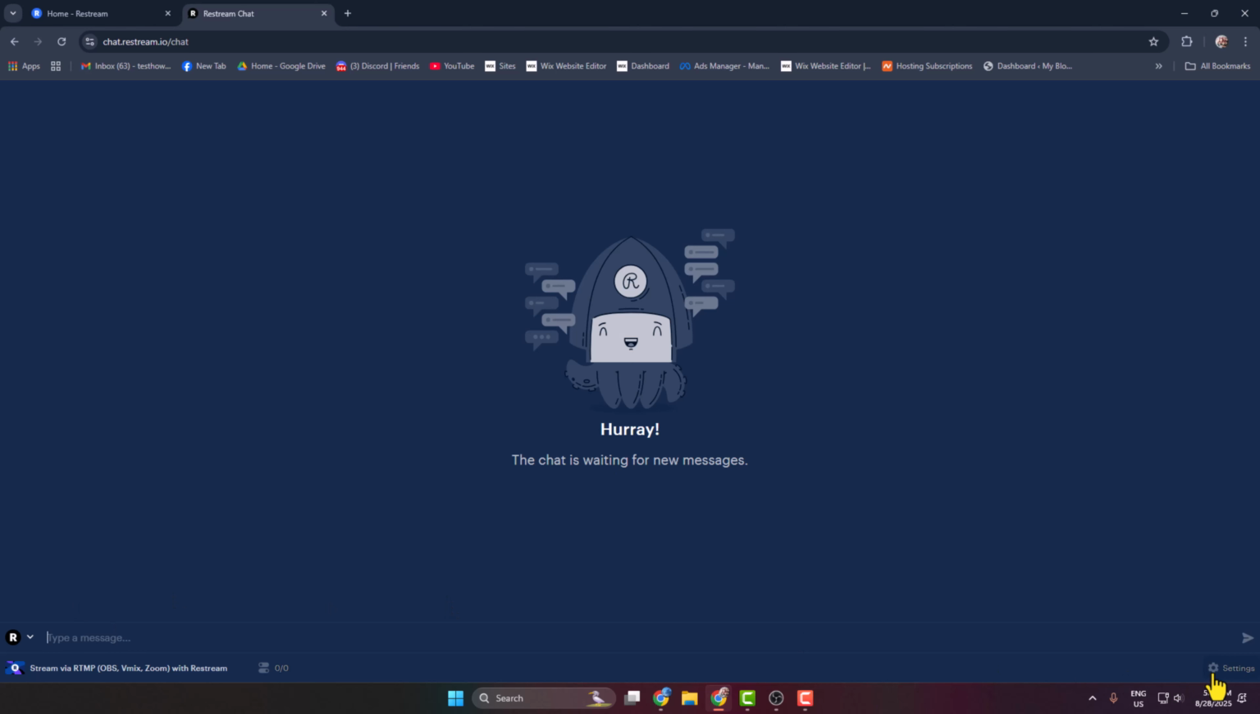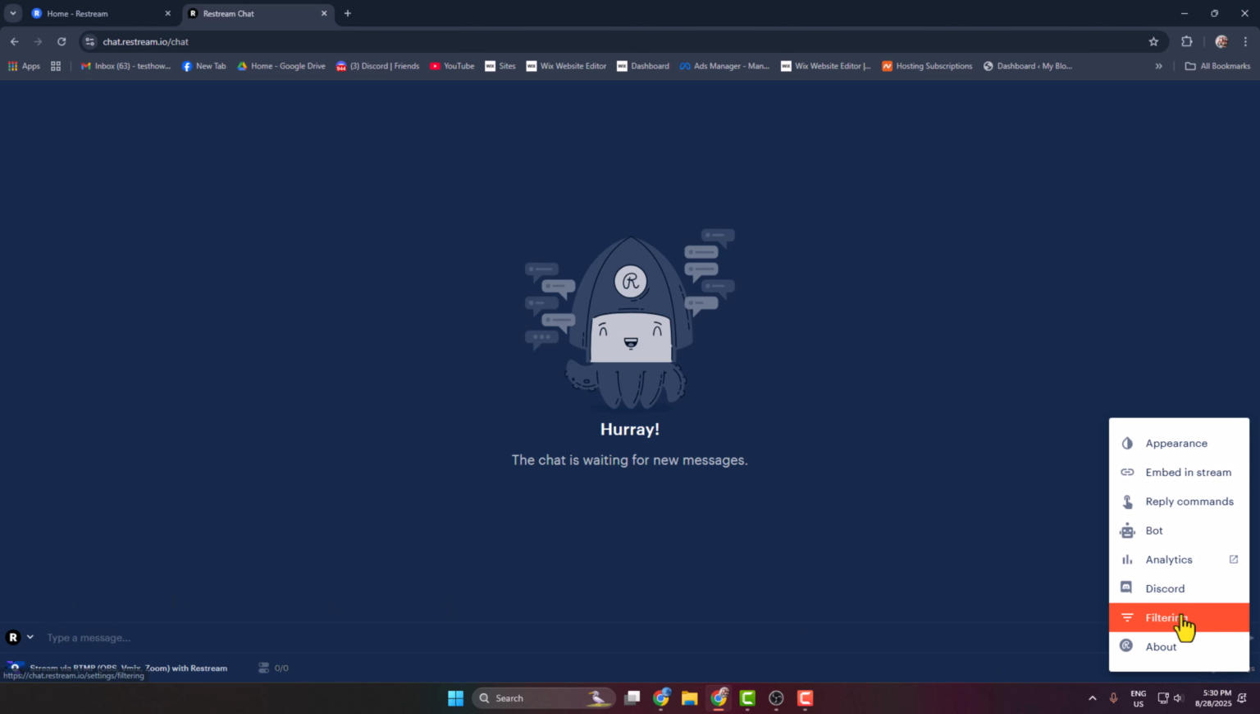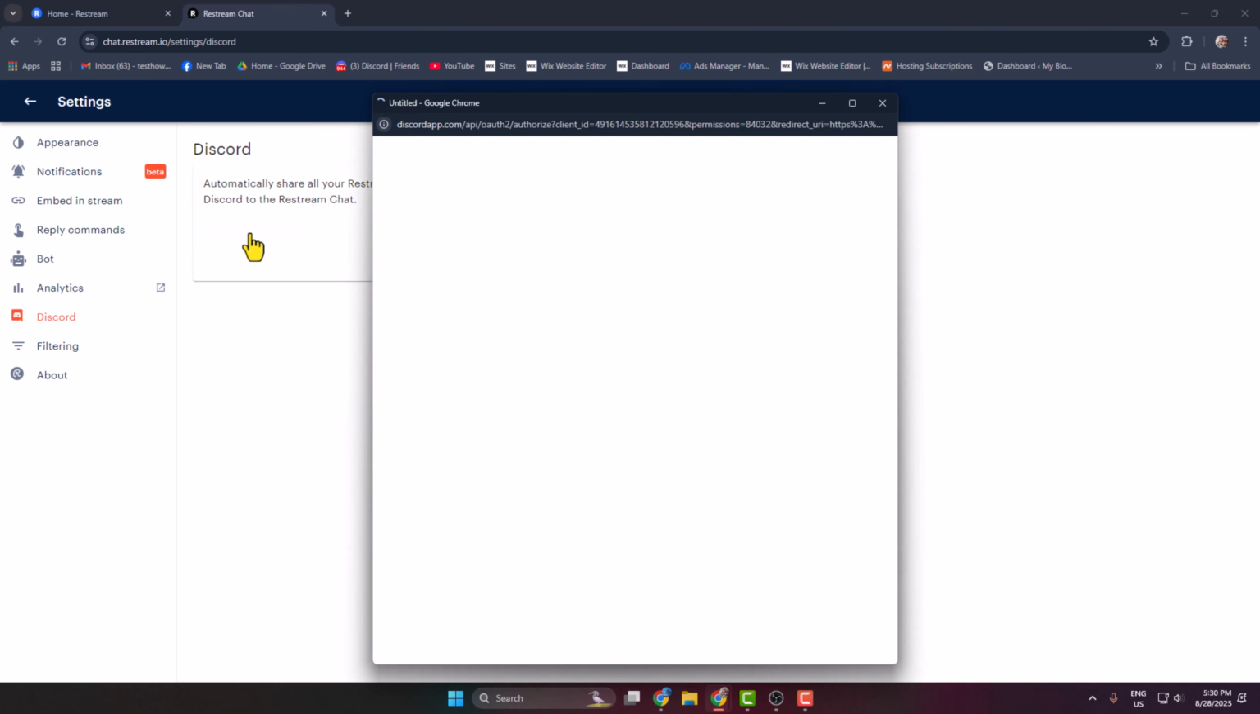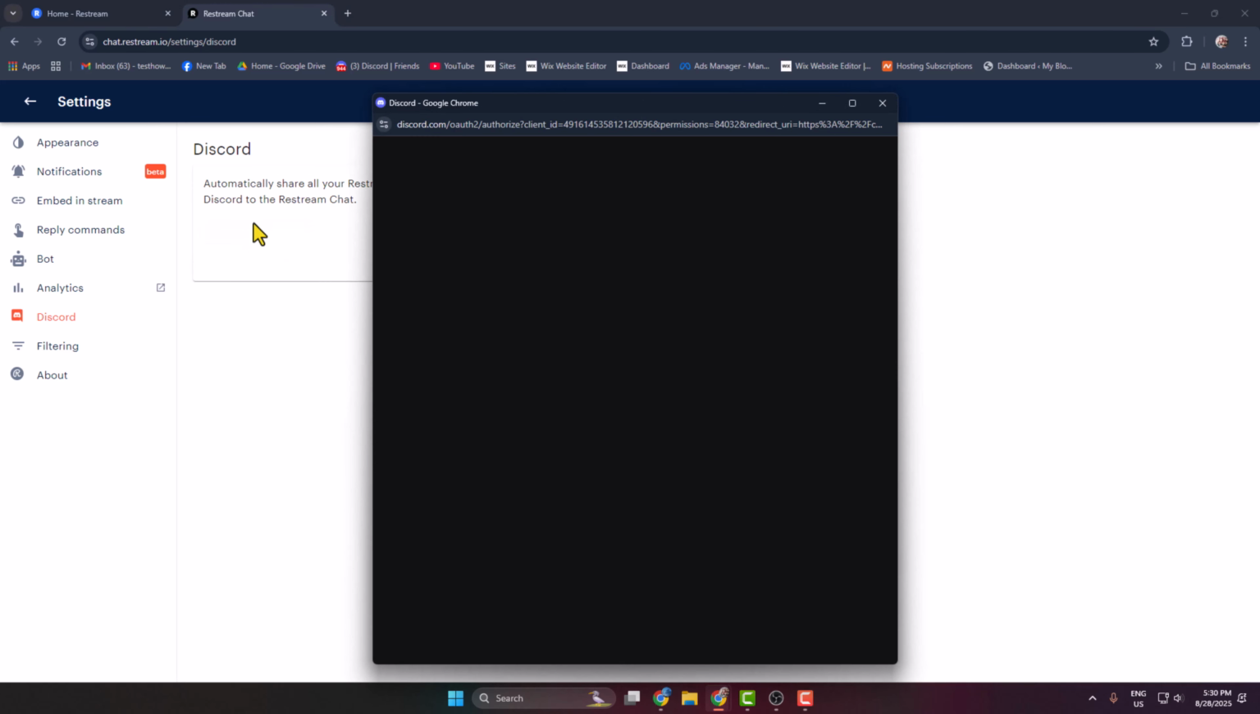Here click on settings and click on Discord. Click on connect Discord, so automatically share all your Restream chat messages directly into Discord, and from Discord to the Restream chat. Just click on connect Discord, and